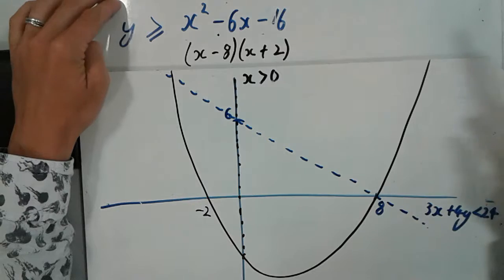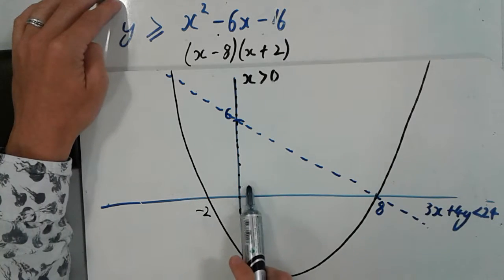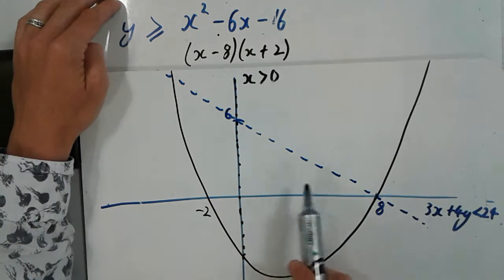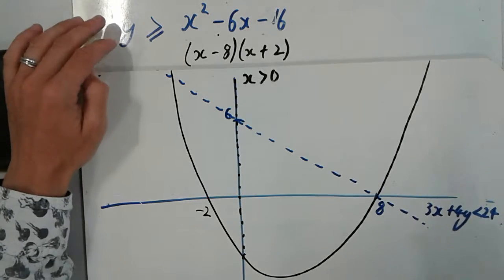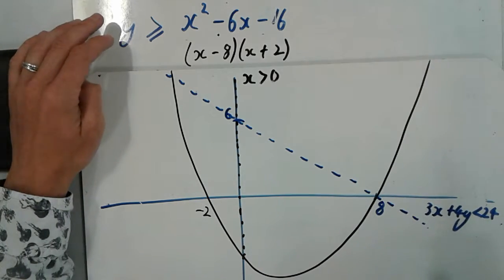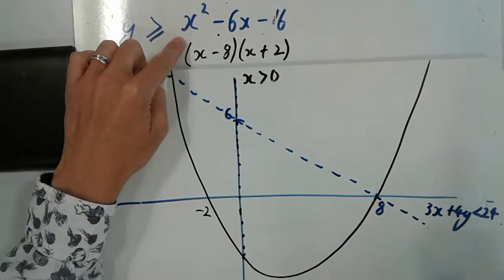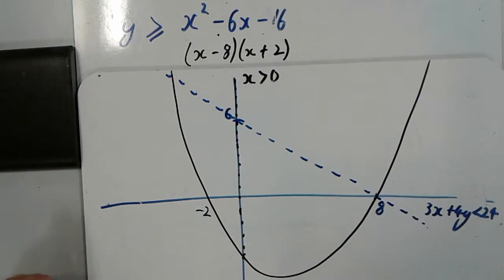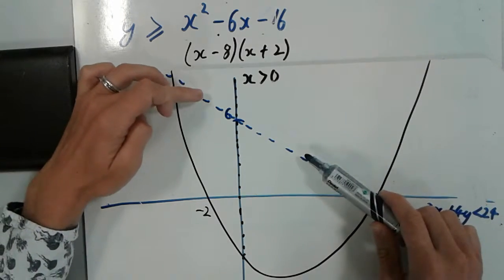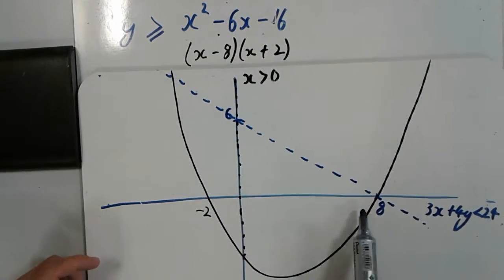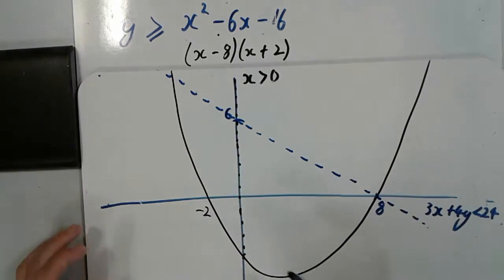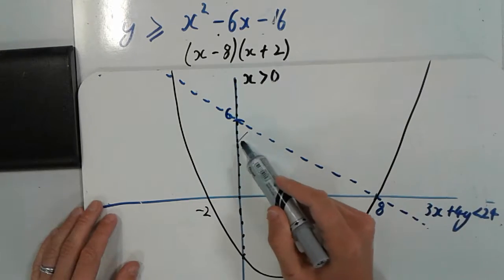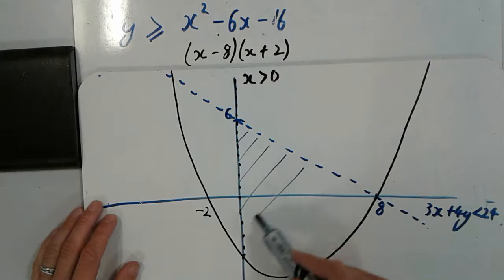Here, x is greater than 0, we need the positive values. Greater than, we're going to the right. And then here, y is greater than this quadratic. So again, I want the region above the curve. So if I shade the region which satisfies all of those, I need it below this line, to the right of this line, and above the quadratic. The only region which satisfies all of those constraints